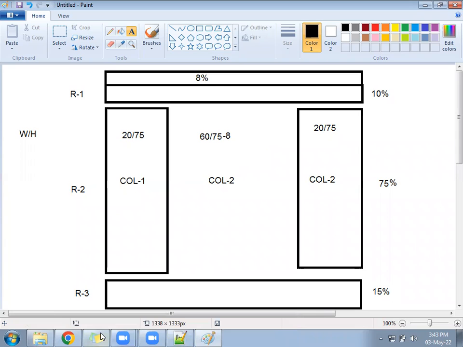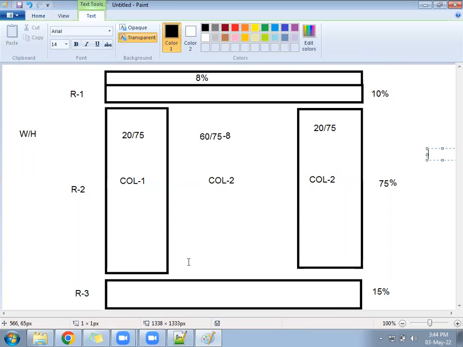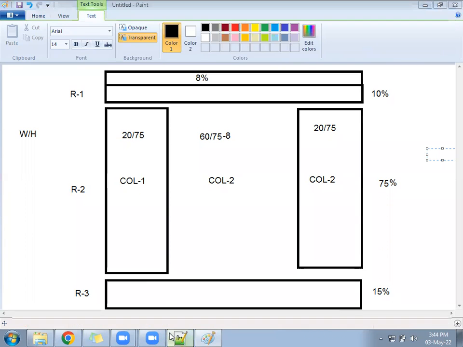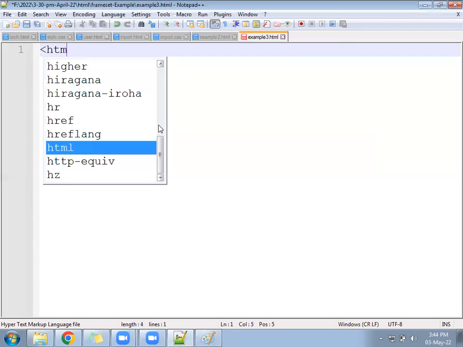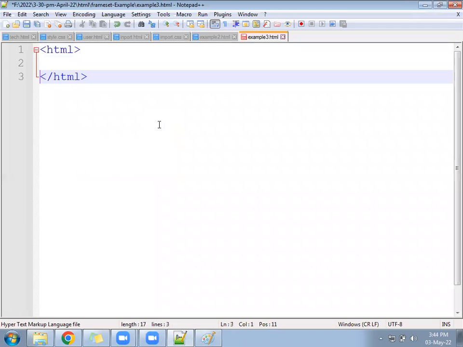Now we'll go ahead with example 3. So first we have to do row wise division or column wise? First will be row wise, and after that we can go for the column level. Okay, clear. Then come to example 3. Under example 3, start from HTML, follow the head section, not head section,